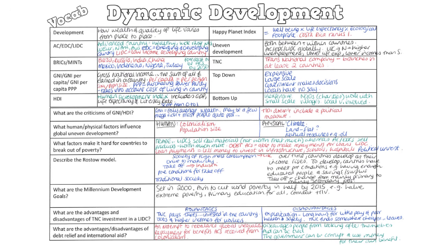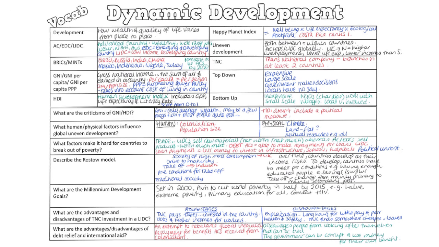Political unrest makes it very difficult for countries to develop. You can use the example of Syria. Syria used to be a middle income country. Since the political unrest, it has become a low income country because people are displaced from their homes, people are not able to go to school, people are not able to go to work, and you've got the money being spent on weapons and fighting rather than infrastructure, schools, hospitals.